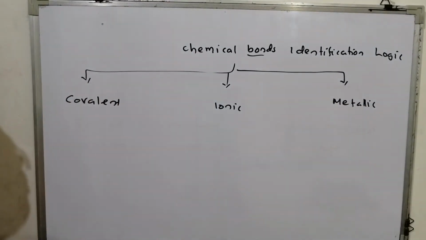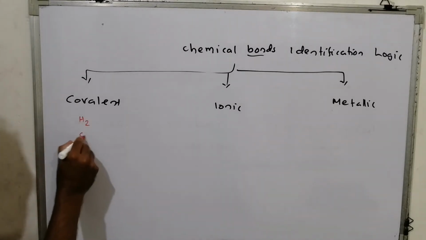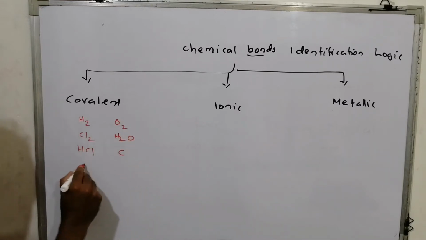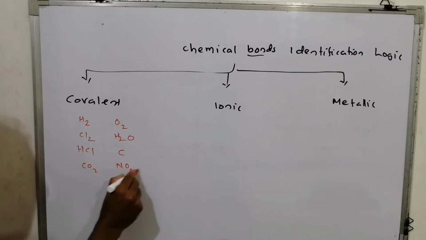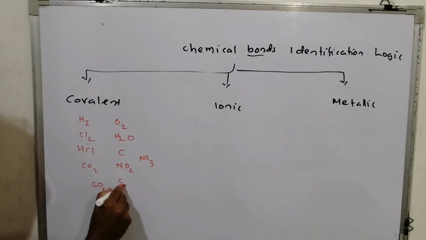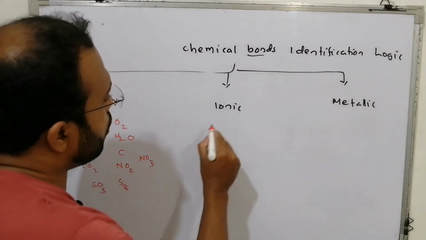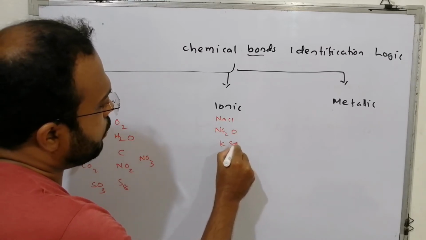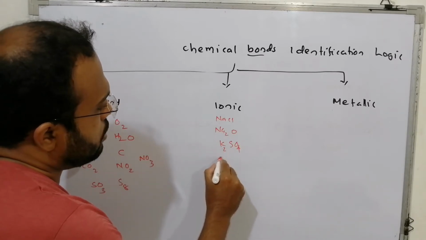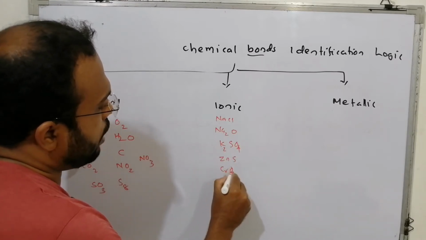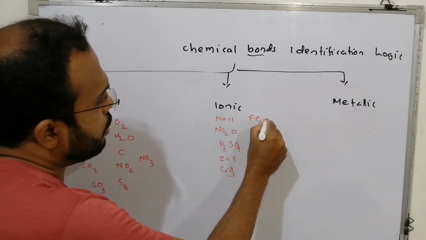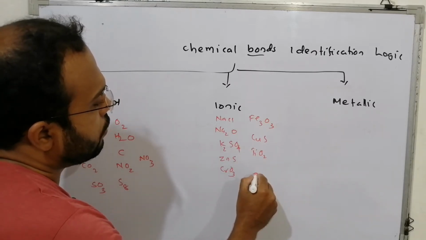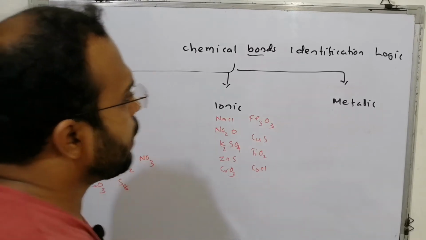In the case of covalent, I tell you a lot of example: H2, Cl2, HCl, O2, H2O, carbon dioxide, NO2, NO3, SO3, S8, etc. And for ionic, a lot of examples: sodium chloride, sodium oxide, potassium sulfate, zinc sulfide, chromium oxide, iron oxide, copper sulfide, titanium oxide, cesium chloride, etc. Metallic is alloys,